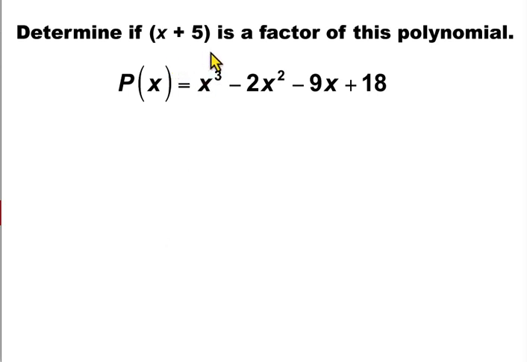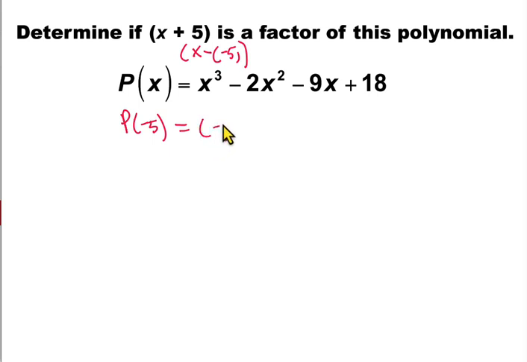To see if x plus 5 is a factor of this polynomial, we plug in the numerical value into the polynomial, but make sure the factor is written in the form x minus a. This binomial is not written in this form, so we rewrite it as x minus negative 5, and we plug this negative 5 into the polynomial. So we get p of negative 5